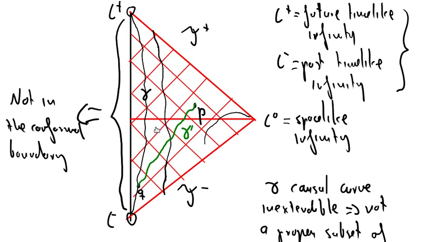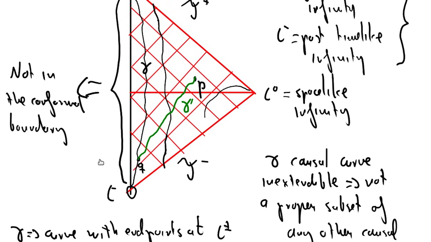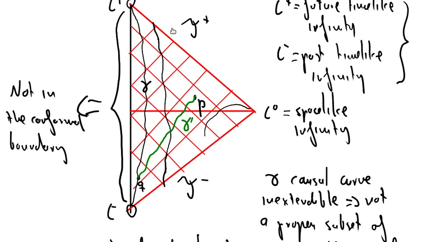Whereas if we consider a curve which has an endpoint at future null infinity or past null infinity, this is not true. So let us take, for example, this curve here. Let us call this curve gamma tilde. Okay, so if we compute, for example, the chronological past of this curve gamma tilde,